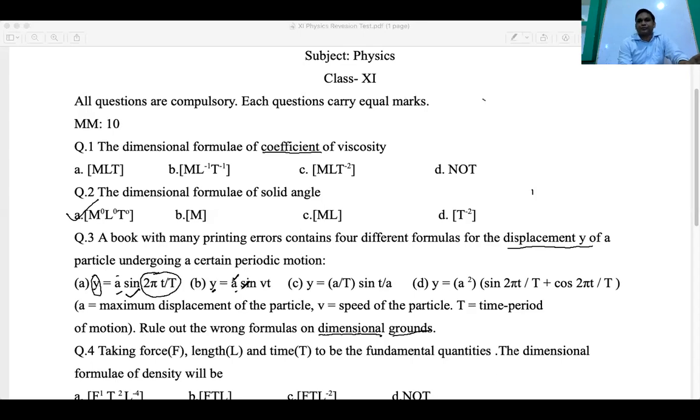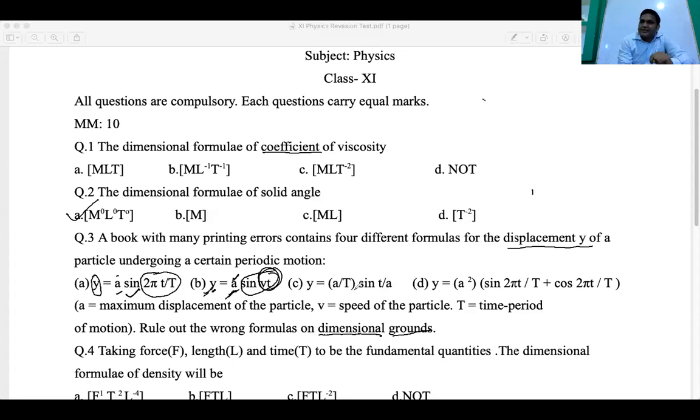This will be true. But sir, the dimension of theta is not dimensionless. It will be L, sir. Yeah, let me explain. Whatever you are saying, Arif, that is also correct. But if you are told that out of these options you have to choose which one is correct, or which one is wrong, then up to some extent it is correct, but not exactly. I also agree that this theta should be dimensionless. But among the given options, up to this extent it is correct. Totally, it is wrong, because theta can't be dimensionless.